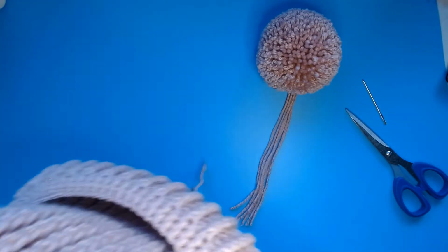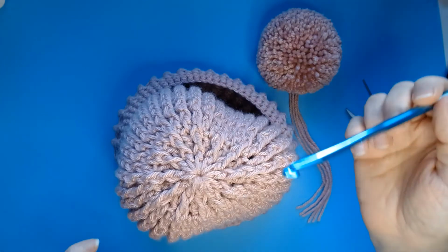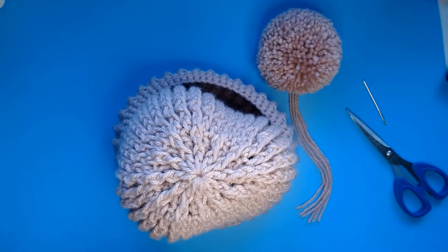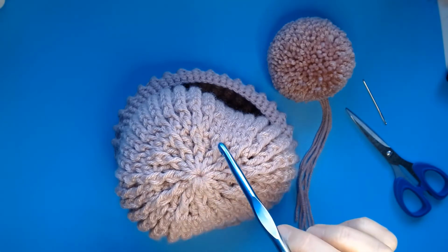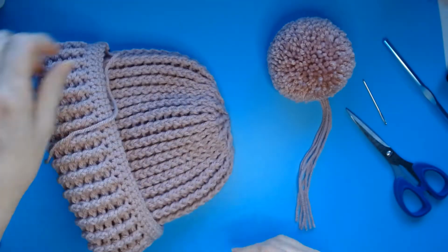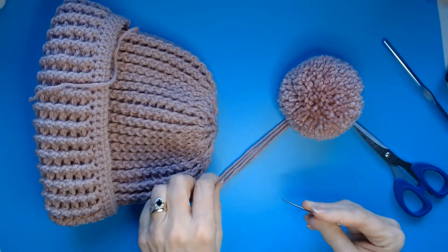And I want you to have a look at your hat from this direction. Okay, and if you cast your mind back to the beginning, we made 12 spokes. You see? What we're going to do is sew in the 6 tails into every second spoke. And that'll make it nice and sturdy. So if you lay it flat like that, have your pom-pom ready, and just pick up